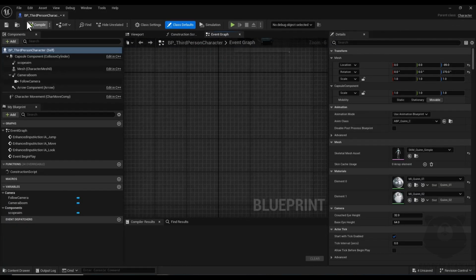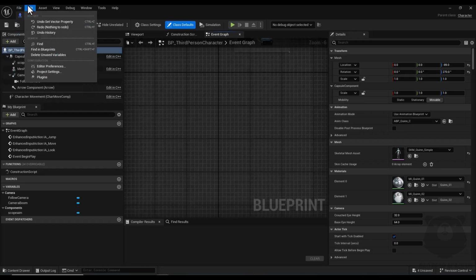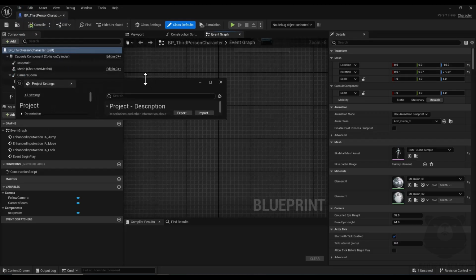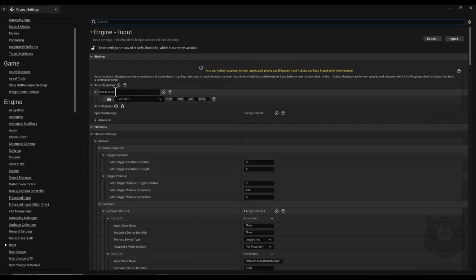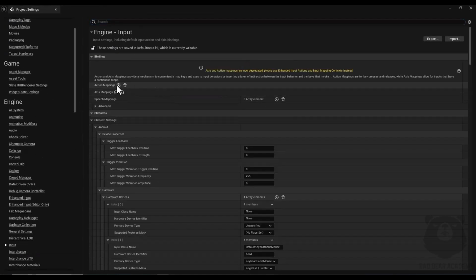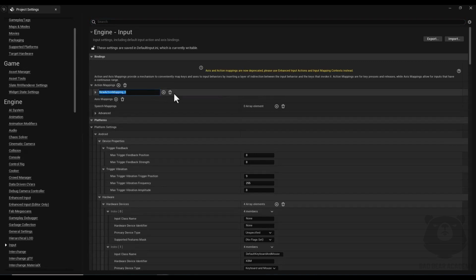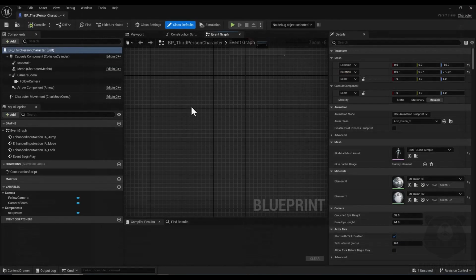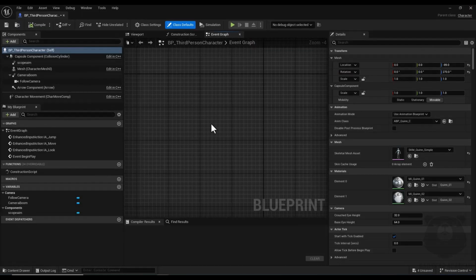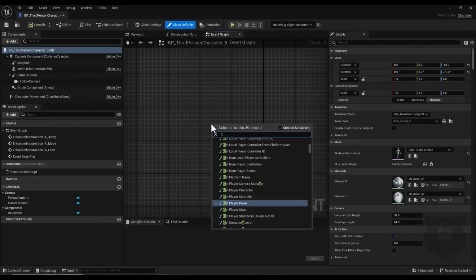Now I open project settings from the edit tab. Here I open project settings and from the input section I create a new action mapping input and I name it glide, and for key binding I select the E button. Alright, now I go back to my character blueprint event graph and here I right click and search for my glide input,